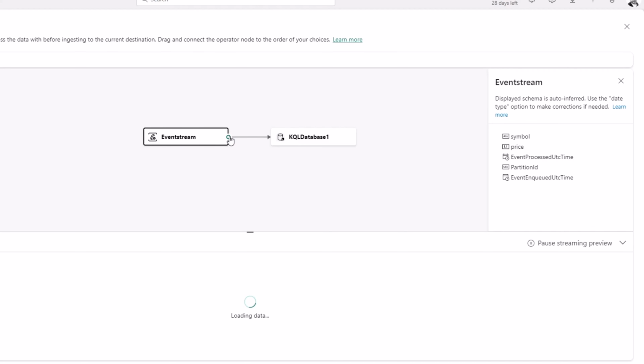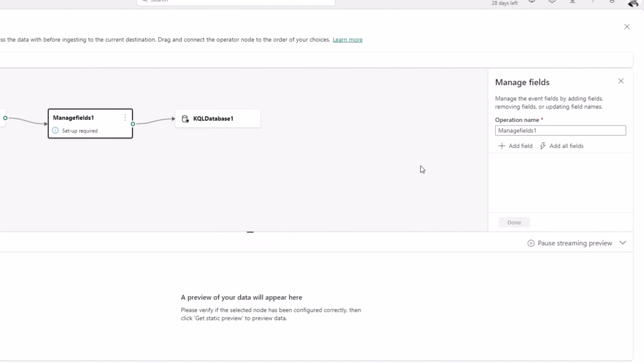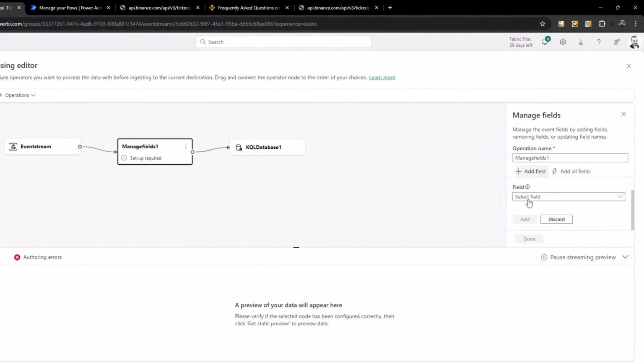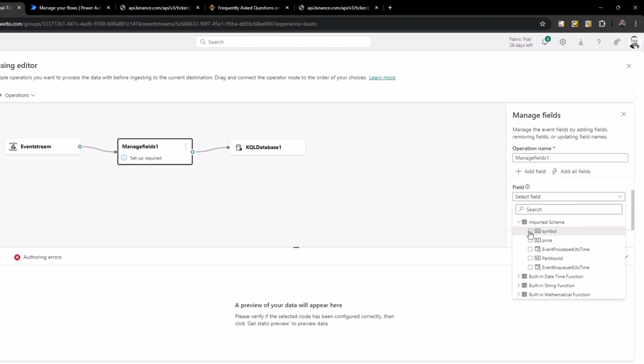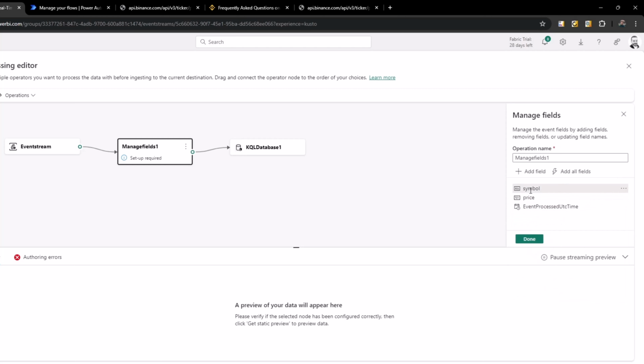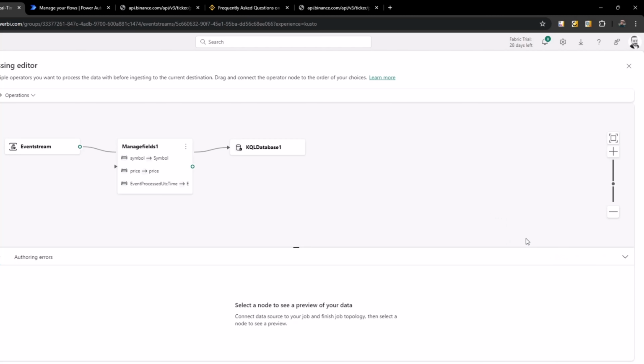So here, for example, I can add this manage field here. Then I can add a field from here, import the schema. I just want to see symbol, price, and event process UTC time. Okay, click on that one. Click on add. Here, for example, for symbol, I want to change the name to symbol with the capital S,